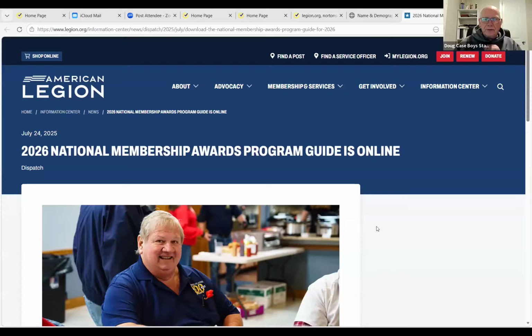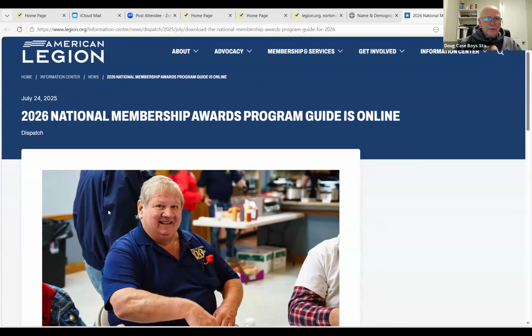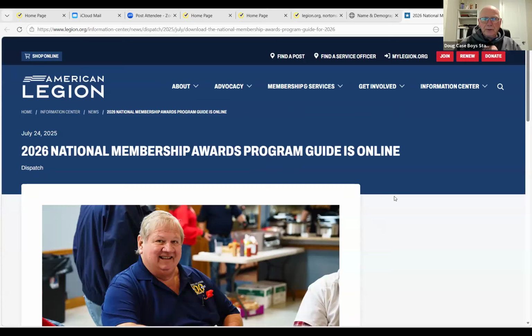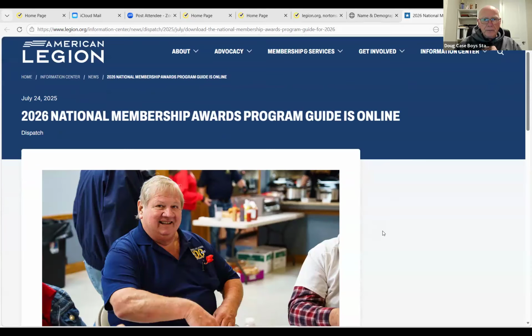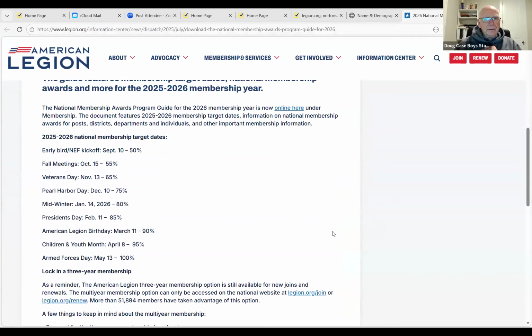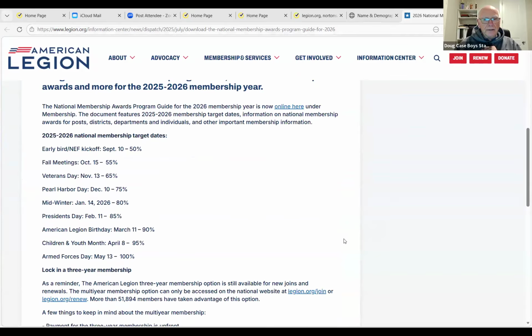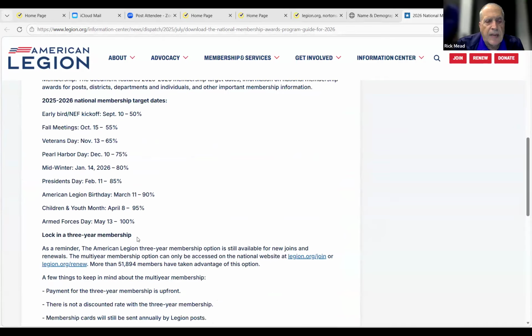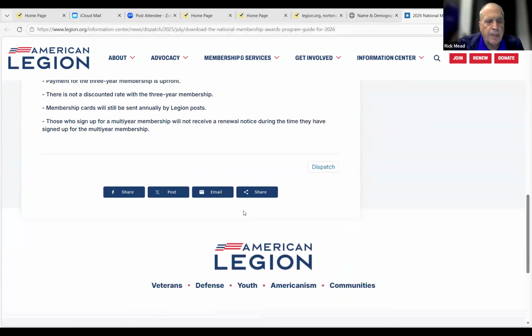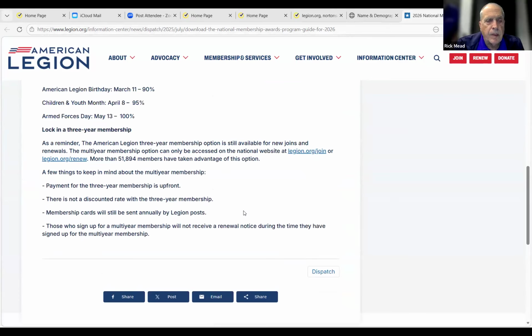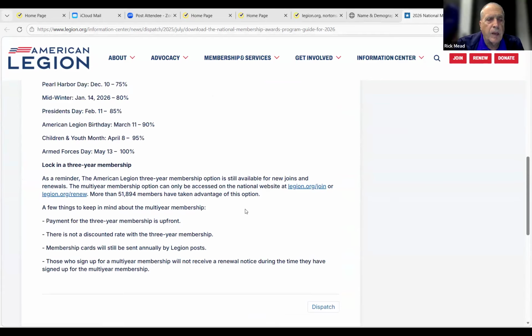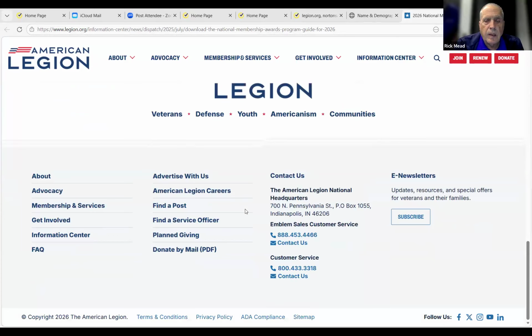Okay, so here it is. If you can see my screen now, this is the 2026 National Membership Program Guide. All you've got to do is go to legion.org, ask for the membership guide, and this gives you all of the dates and things right there. And if you go down to the next page, it'll show the cutoff dates. If you go down a little bit further, there you go. I don't see the cutoff, but